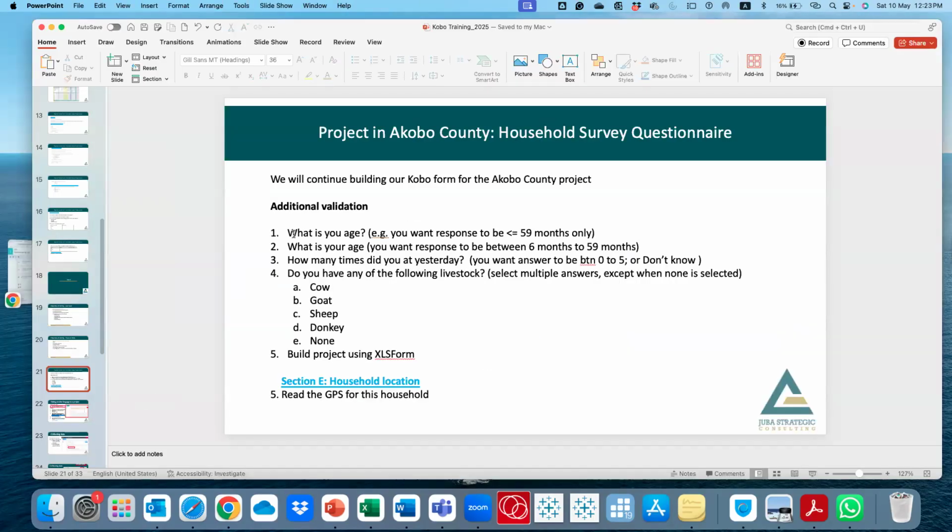Then there were some additional validations that we didn't talk about. One, which I wanted to show everyone, is that there are questions where you want to limit the response. So, for example, if you're collecting data on households and you want to get the information on under 5 children, you're probably collecting data on SMART or something nutrition specific, where under 5s are important.